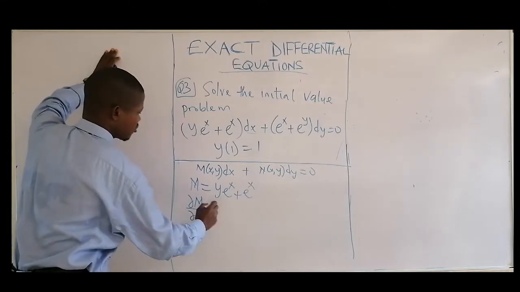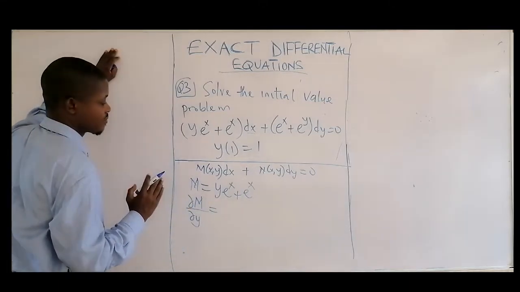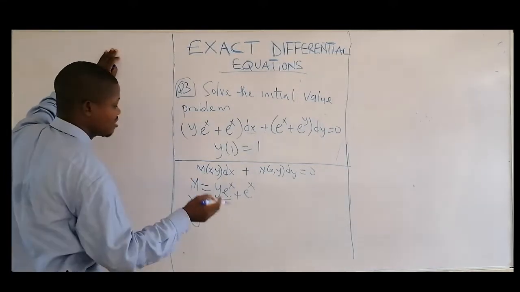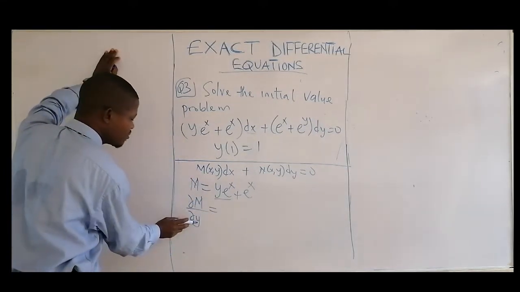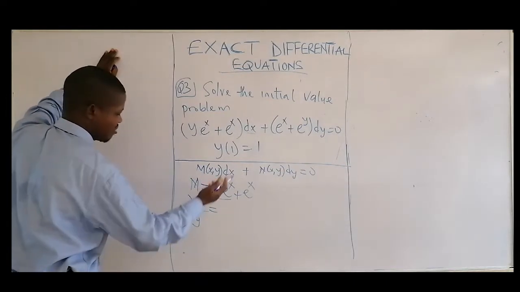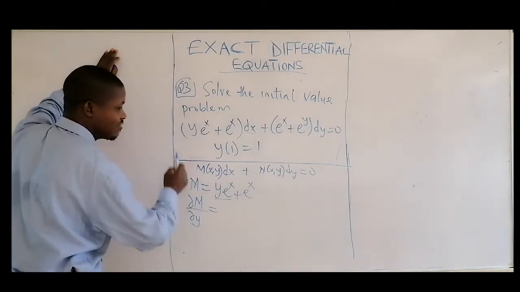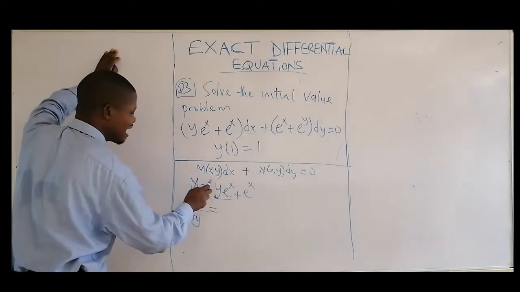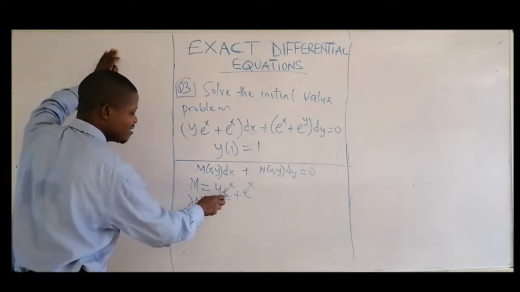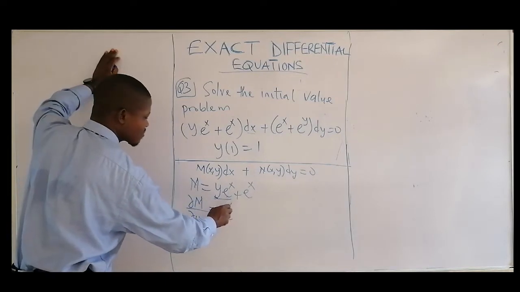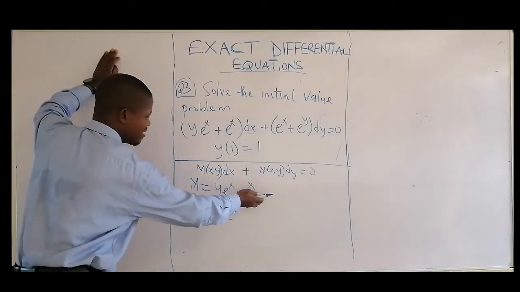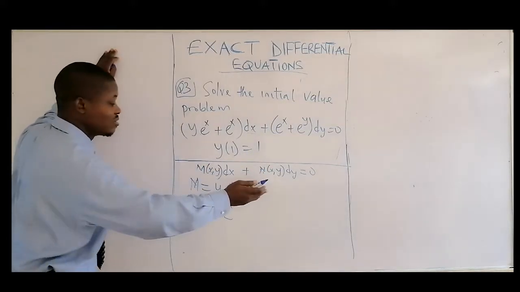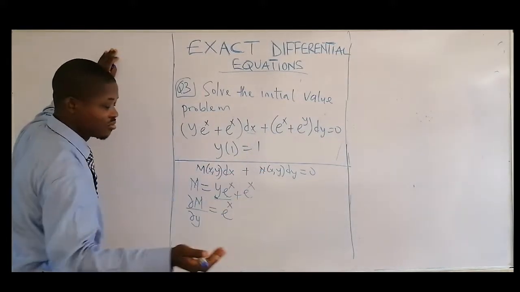When you are differentiating partially, the thing is very simple. If you have two functions, even three, just look for the variable y, since it's with respect to y, and differentiate that one alone. I'm only differentiating the term in x and y, which gives 1. This is just a constant, and there is no y here, so it's just a constant. When you differentiate a constant, that's 0.